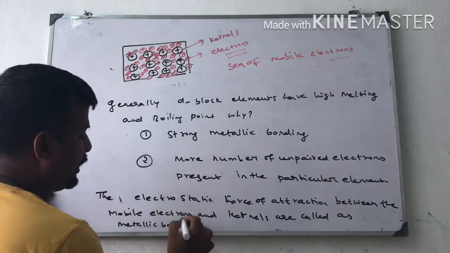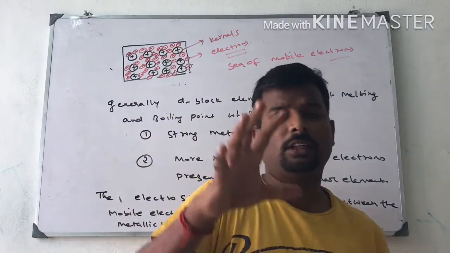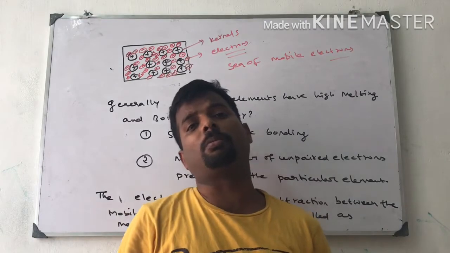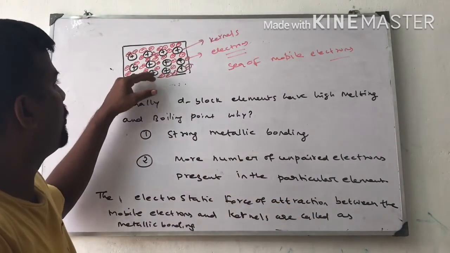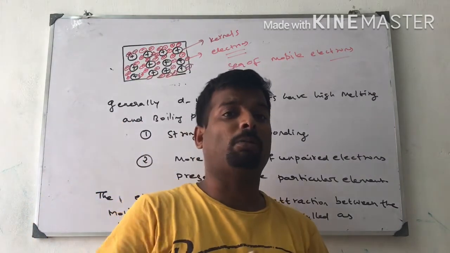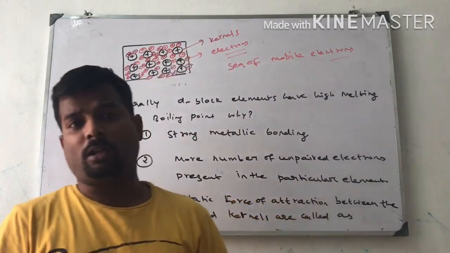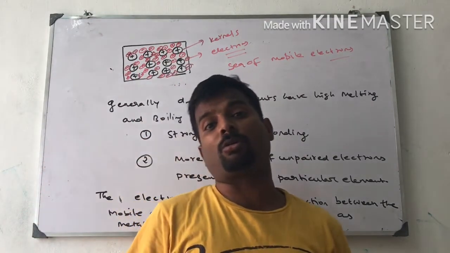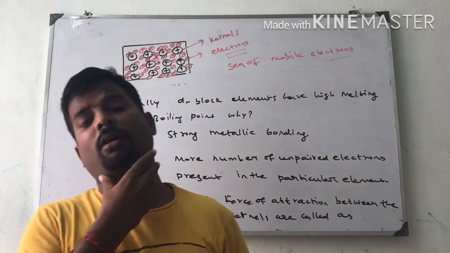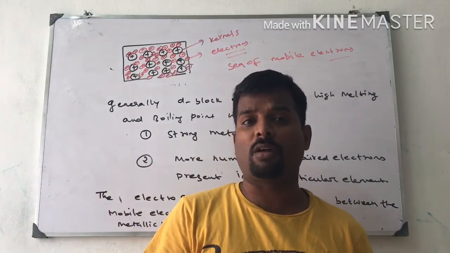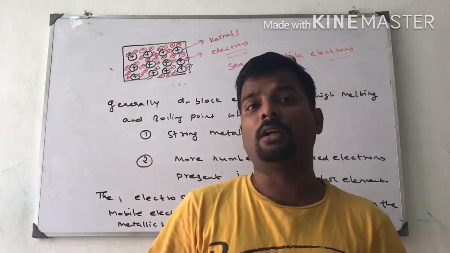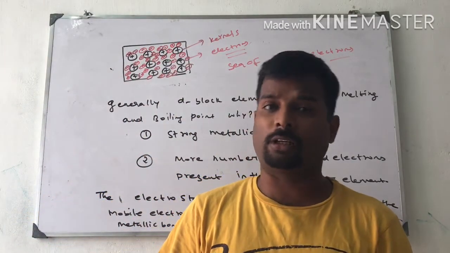So I take an iron rod, a 5 centimeter iron rod, and I am seeing it with the help of a microscope. I am seeing it full of positive and negative ions, because the nucleus is made up of protons and the outermost shell is made up of electrons. The outermost shell is free from the control of the nucleus, so the electrons are free to move here and there. Metals are highly electropositive, therefore they have extra electrons. That extra electron plus the proton are responsible for metallic bonding.